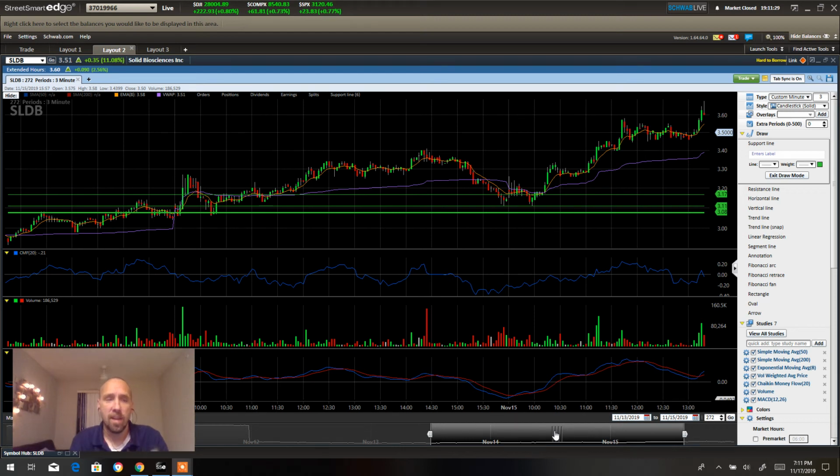Hey team, I wanted to go over this SLDB swing trade. We really got paid on Friday for holding on to this, and I wanted to show you what caught my eye on it and why I held. So first of all, if you go back,